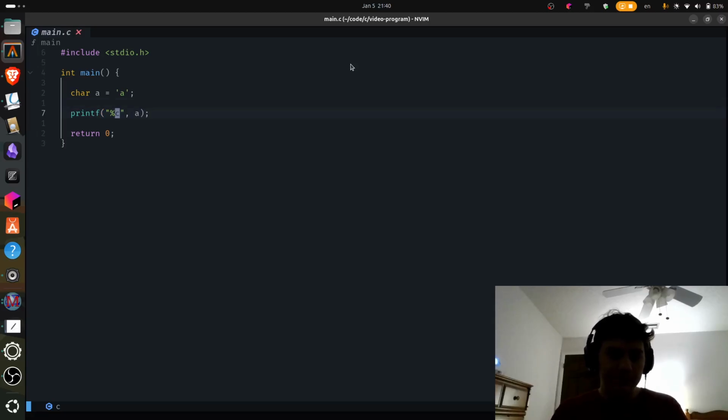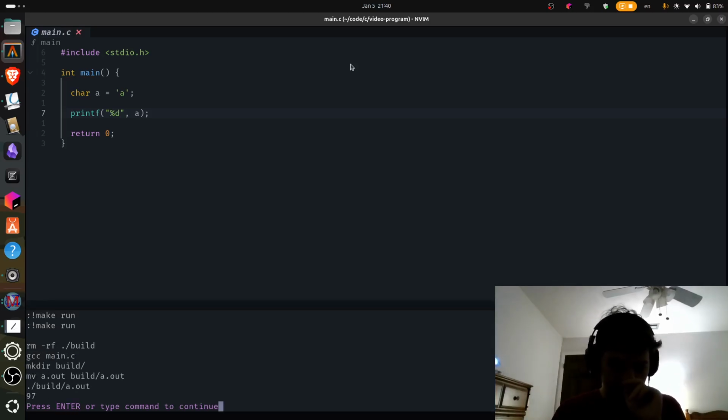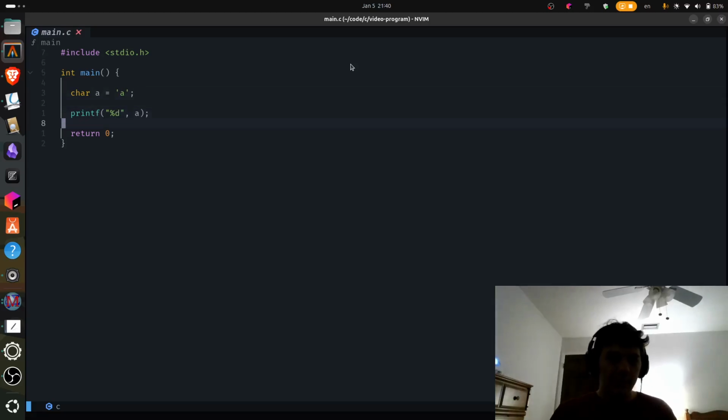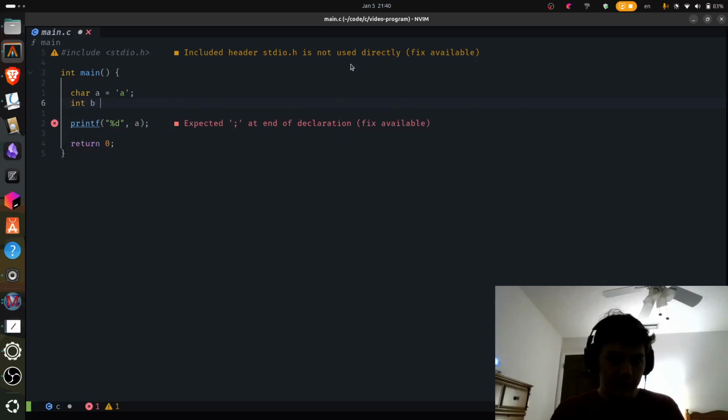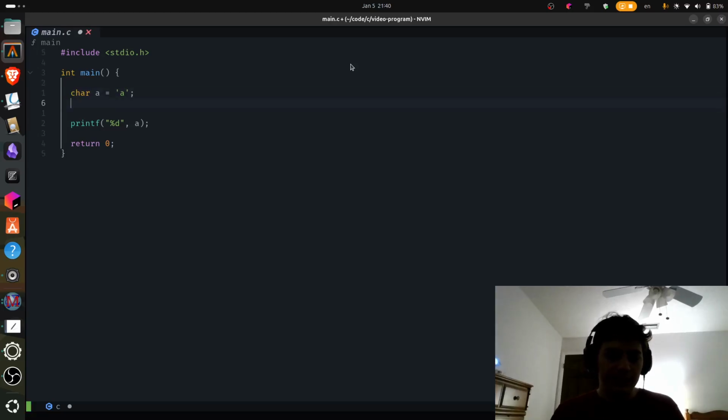And if I wanted to convert it to a digit, I could get the ASCII representation for the character A, and that would be 97. So this is how you use printf with variables. And if you want, you can do a little math with them. Or, let's see, what do I want to talk about? So yeah, there's also